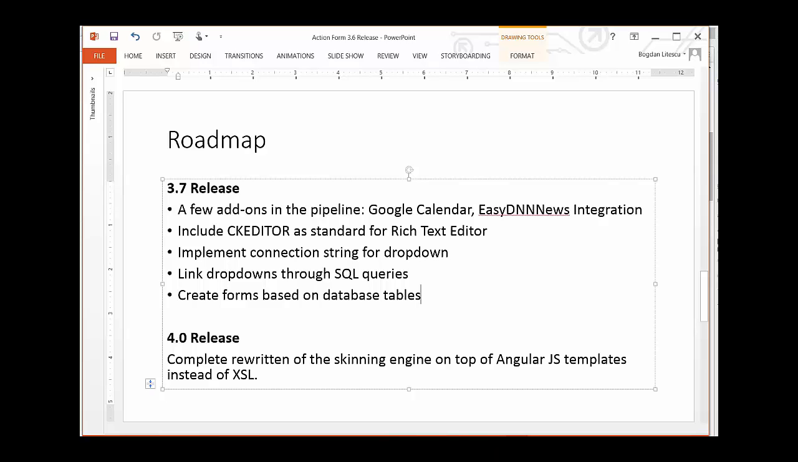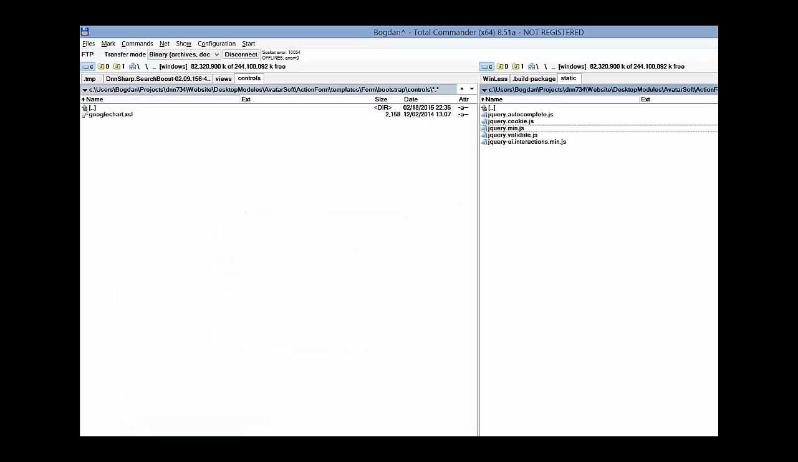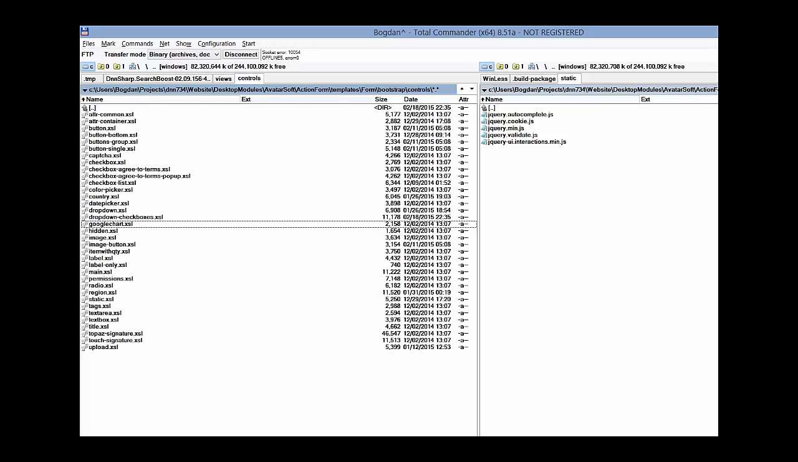I think I can also announce a 4.0 release. We don't have any date scheduled yet, but we already started experimenting with something new that will be the foundation of 4.0. We are exploring a new skinning engine based on AngularJS. So right now the skinning engine